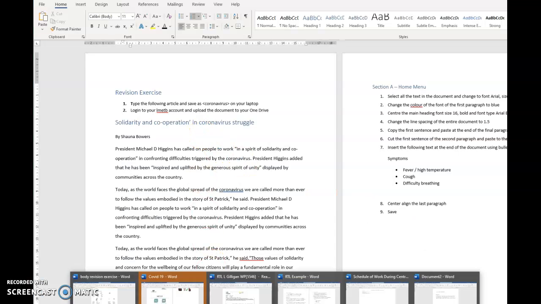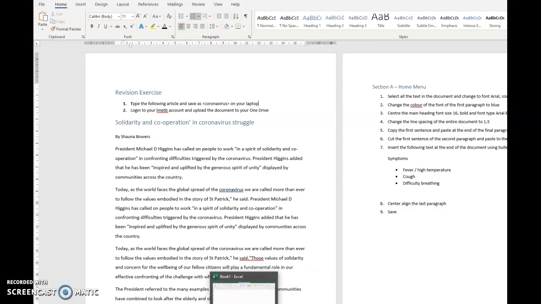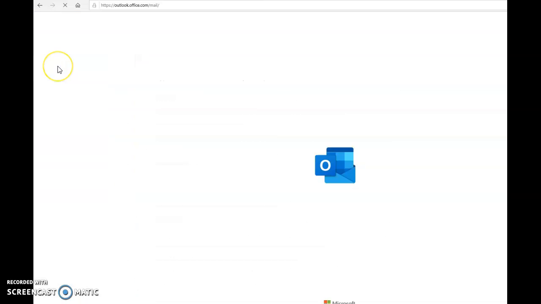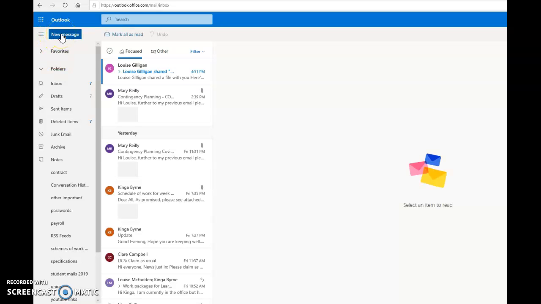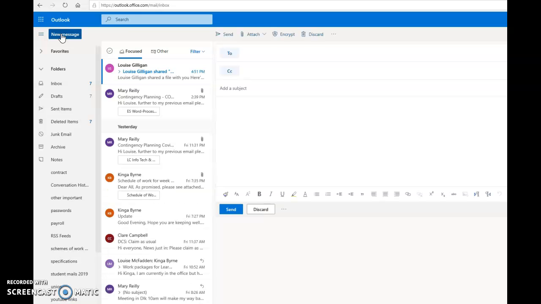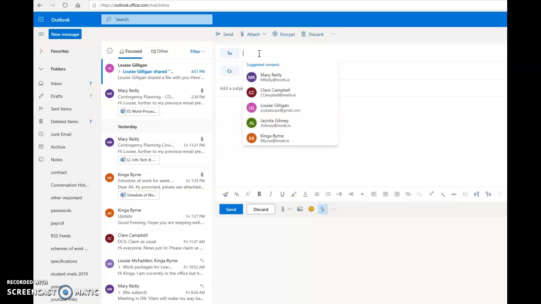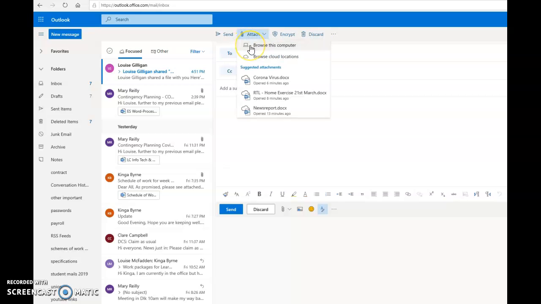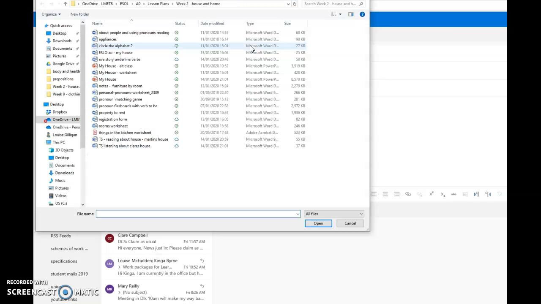So what happens is once I've finished my assignment, I will go to my email. I will type new message, and I will type in my email address, which is L Gilligan, okay? And this time, instead of sharing it, which is what you do if you're staying in the cloud, you will attach it. So you simply go to attach, browse this computer, go to